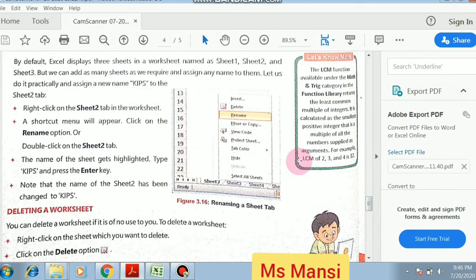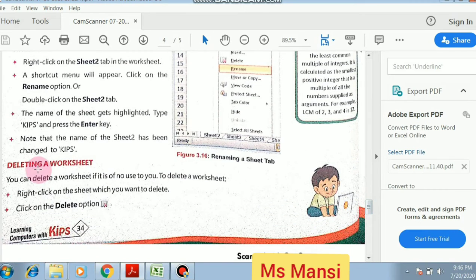This is the way of renaming a worksheet, and this is the way of deleting a worksheet. You can delete a worksheet if it is not of use to you. To delete a worksheet, right click on the sheet which you want to delete and click on the delete option.